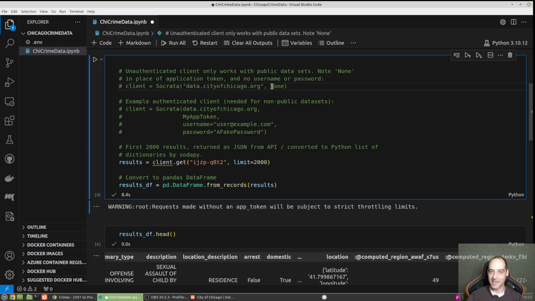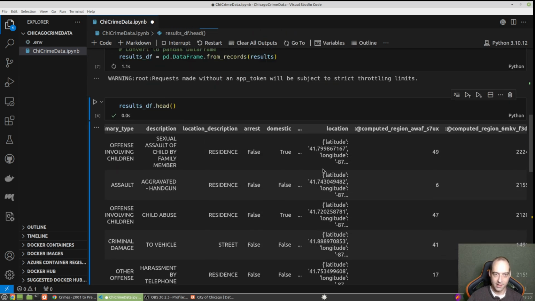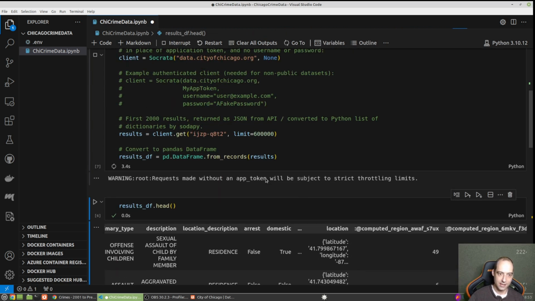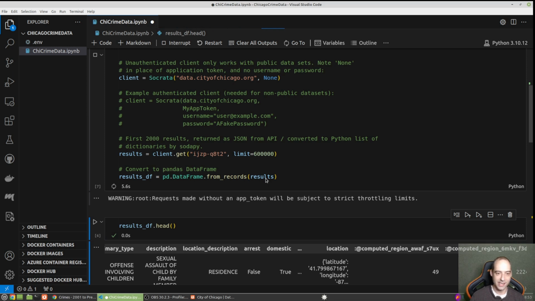I might have a few tangents as we go through this, but I will try to keep them to a minimum. So here, just to demo this one more time, let's say I want 60,000 records. That might take a little bit longer to run, but it shouldn't be too bad. And just while that's running, this client.get is going to return the results in a list of dictionaries, and then the